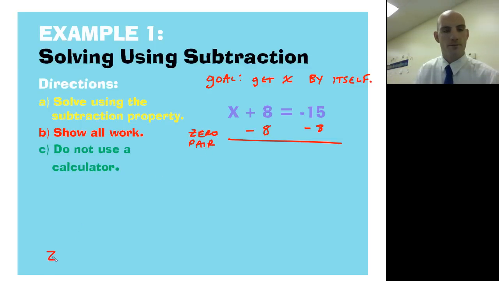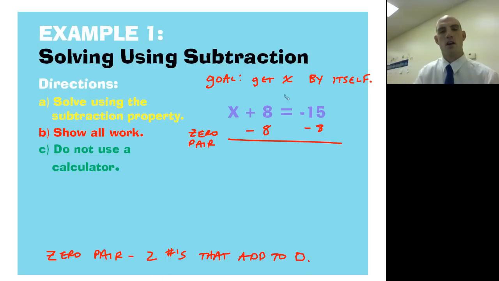A zero pair is two numbers that add to 0. So 8 and negative 8 make 0. So I'm going to put a big 0 around these. So that's zero pairs. So what I'm left with on this side is only x equals, and now I have